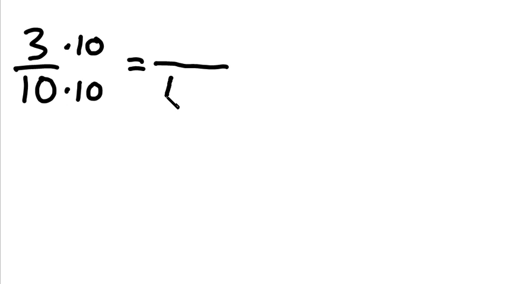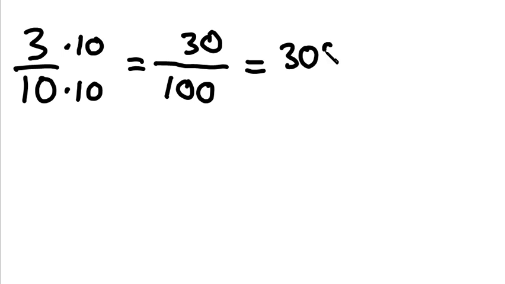Down here we're going to have 100. Up here we're going to have 30. Now we have hundreds, so we know that the number up here is going to be the percentage. So this is the same thing as 30%. And